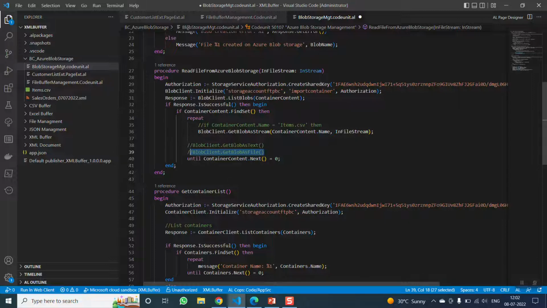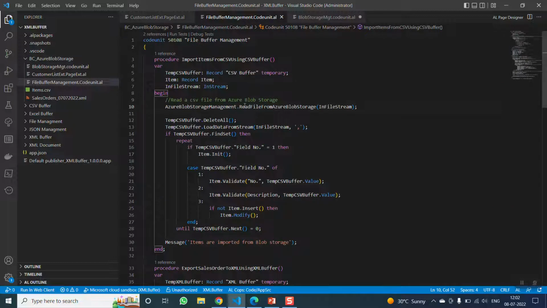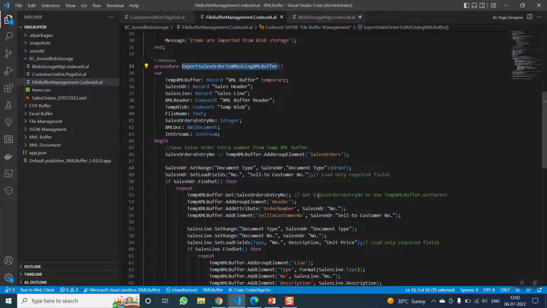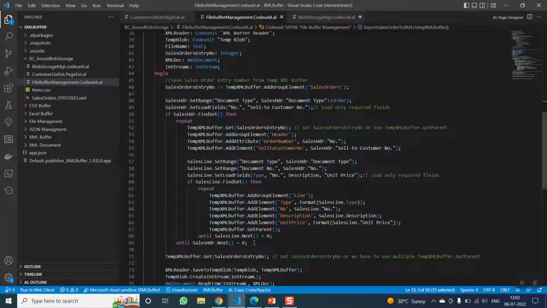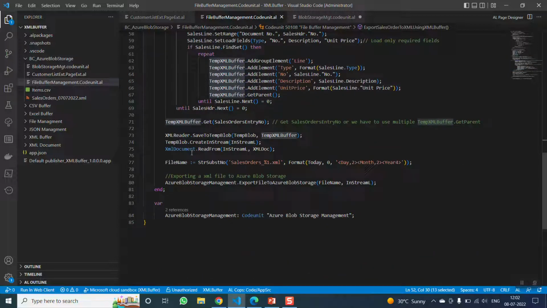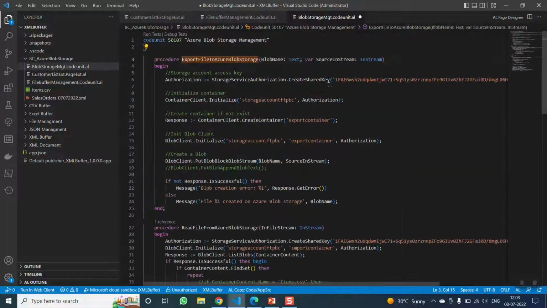The same goes for export. Export will call this action. I'm forming an XML file here by using an XML buffer. After that, I'm saving that XML into an InStream, and calling this function to export files to Azure Blob Storage. It does the same as before: it creates a shared key, and I get an authorization back. By using the authorization,